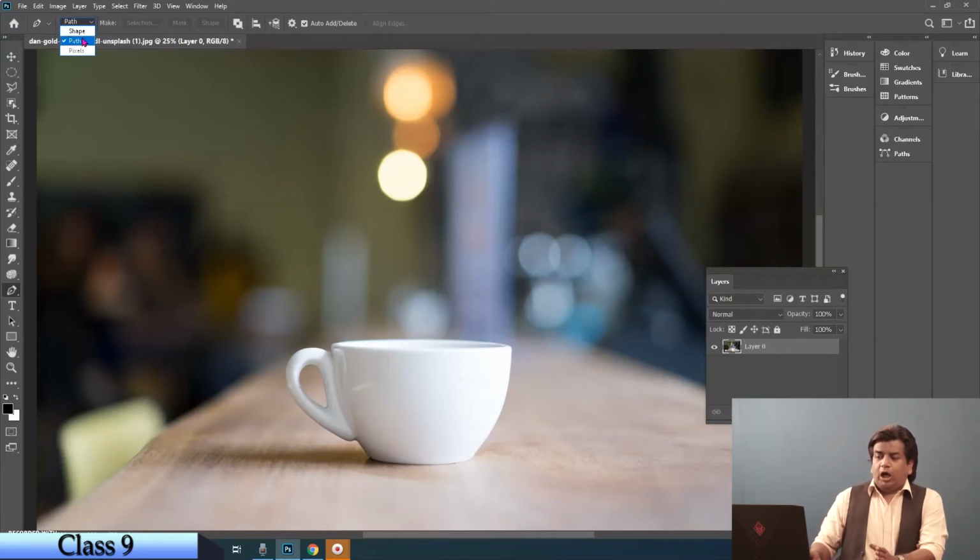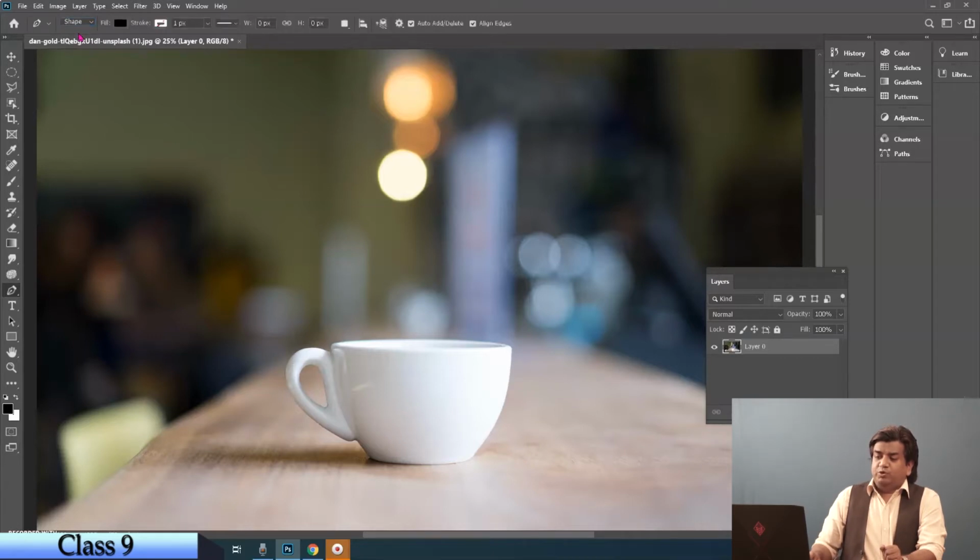As I told you earlier, Photoshop is a package which deals with pixels, that is, a raster graphic package. But the pen tool works in vector format, so Photoshop also supports vector graphics. The pen tool helps you to draw and also to make selections, which is a very important part. Today you'll learn how to trace things and how to select things absolutely perfectly. So let's start with that.